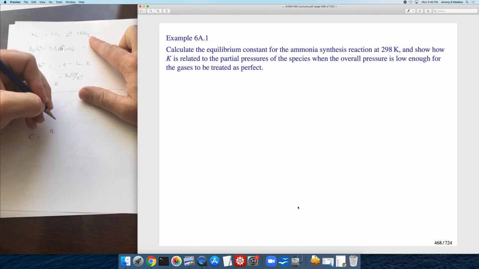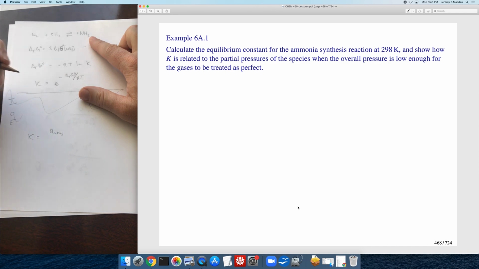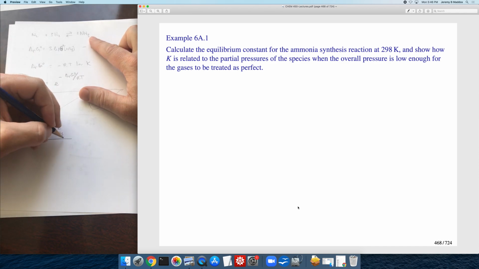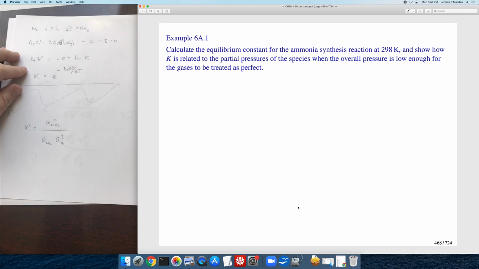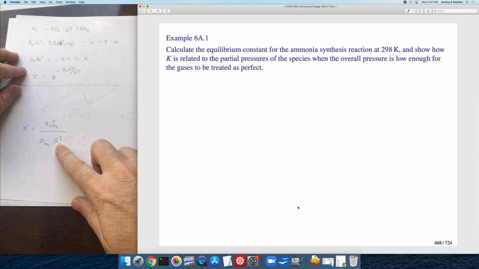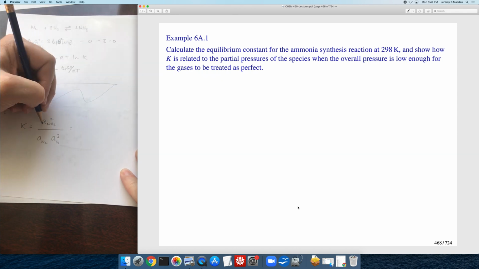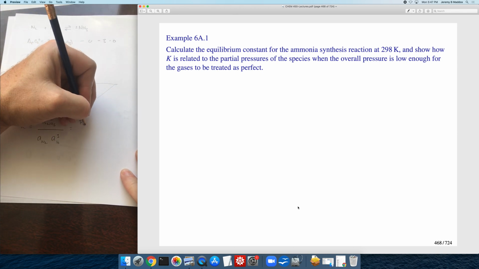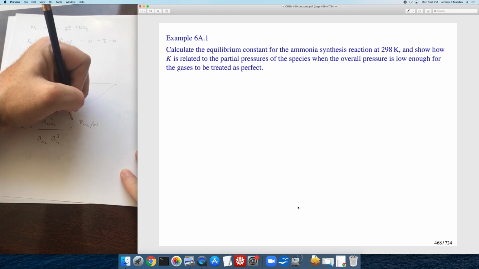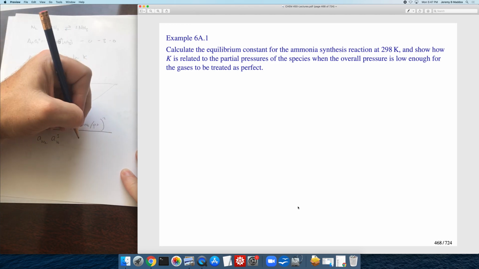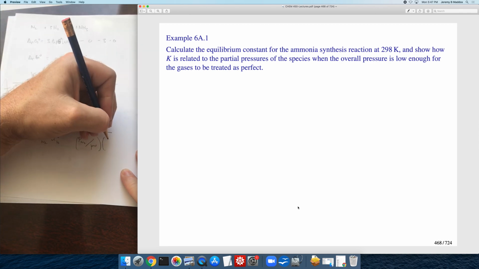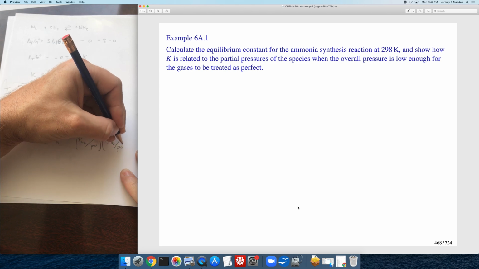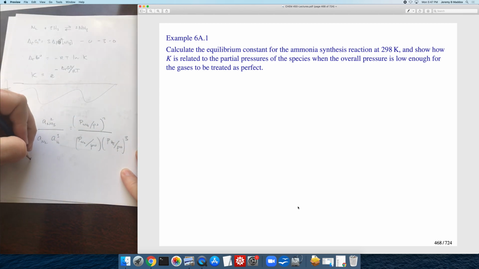It'll be the activity of ammonia squared over the activity of nitrogen, the activity of hydrogen cubed. If the ideal gas limit holds, we can write this as pressure of ammonia divided by P0 squared, pressure of N2 divided by P0, pressure of H2 divided by P0 cubed. And so that gives us this,